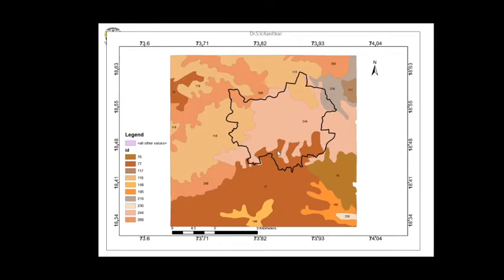This is one more soil map based on NBSS LUP. You digitize it and you create a vector polygon shapefile with these numbers as soil identification numbers. This you can use in WMS for hydrology purpose, wherein you have this soil map as well as LULC map.